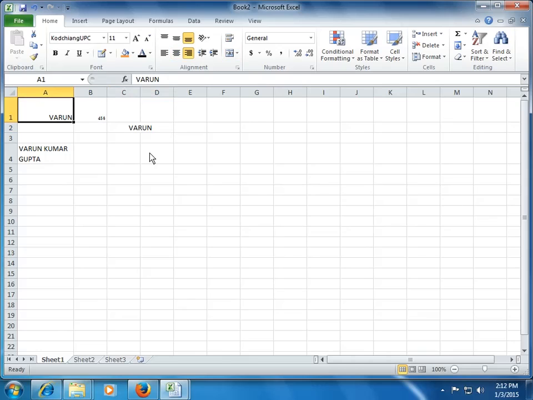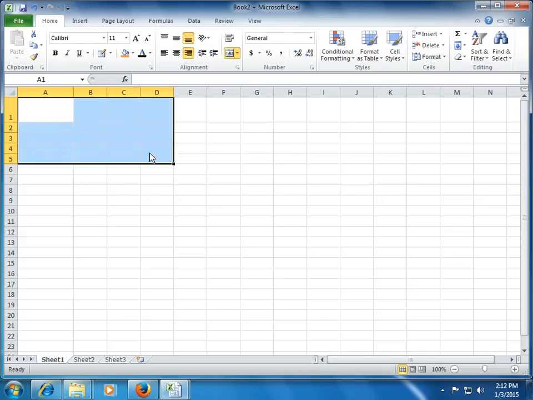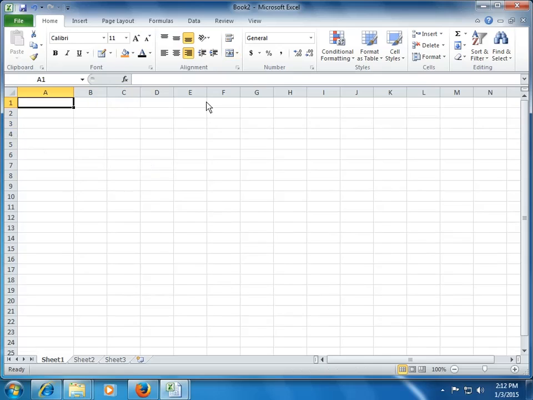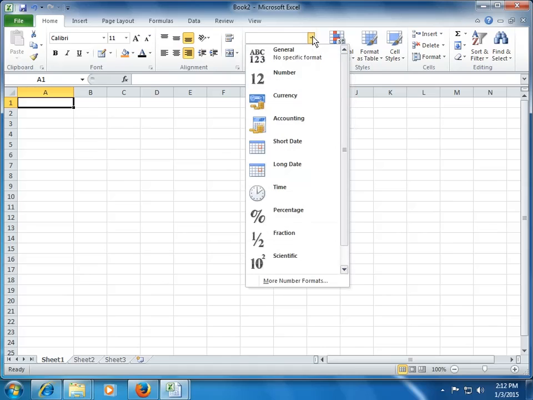The third part of the text formatting, or basic Excel formatting, let me restore it to normal, yeah, is the number group, right? I'll use this drop down. So by default the number format is general. I can change it to any of the formatting in Excel, right? So if it's data I'm working on, I can choose the number format. If I'm working on some data in rupees, dollar, pound, I can choose the currency format. If I'm working on accounting data, I can choose accounting format, and so on and so forth, right?